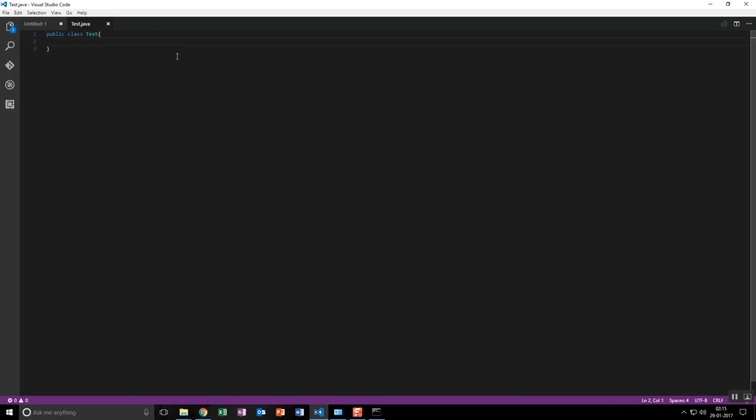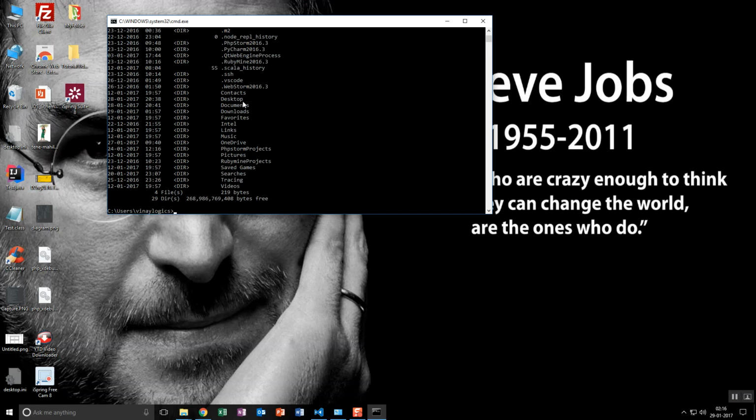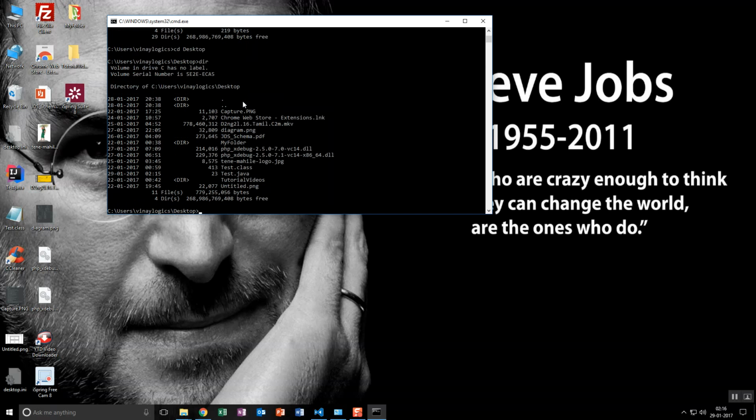You have to go to the specific folder here. Stop. Okay. Now type the dir command. You will get the list of your files, Test.java. Previously it had compiled. I'll delete it.